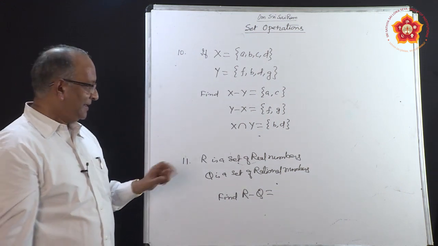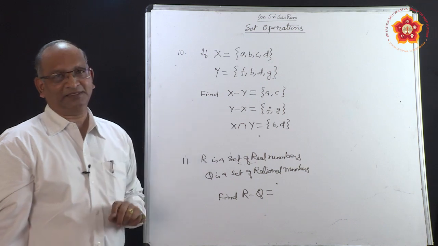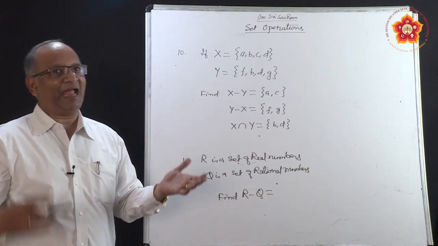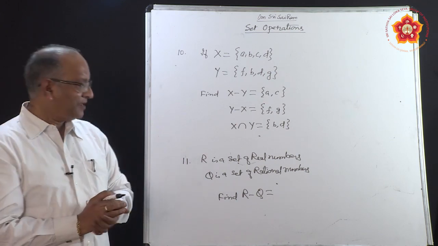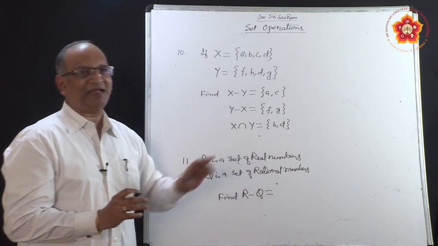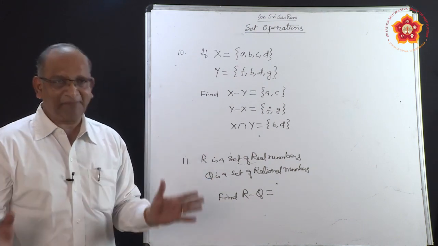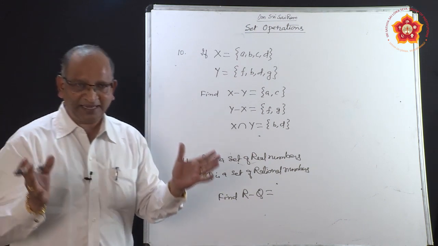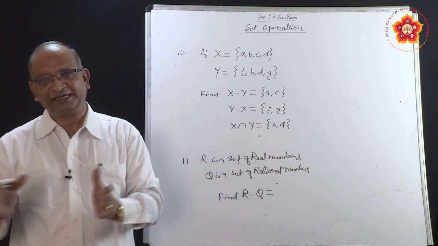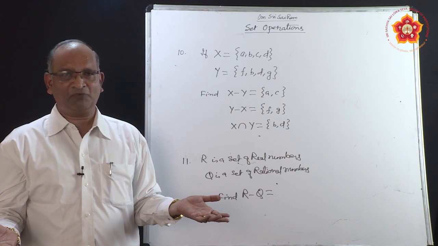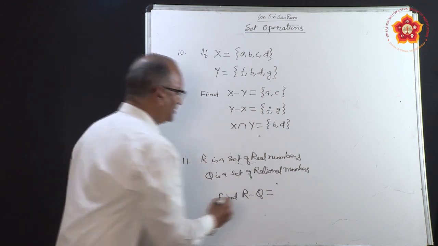Lastly, he says R is a set of real numbers. We know that the set of real numbers contains rationals and irrationals. Okay? And then he says Q is a set of rational numbers. And then he says find R difference Q. What will happen from set of real numbers if you remove set of rational numbers? You are left with irrational numbers. So what is R difference Q? Set of